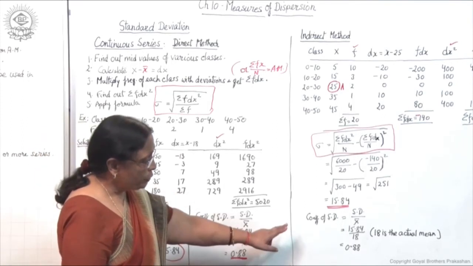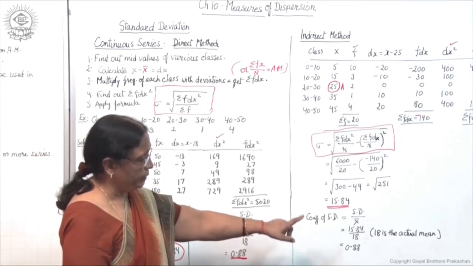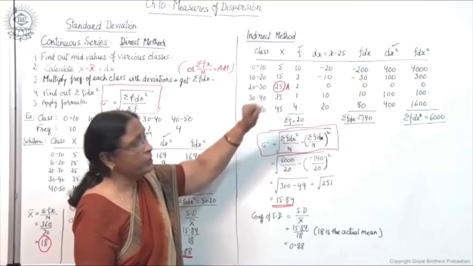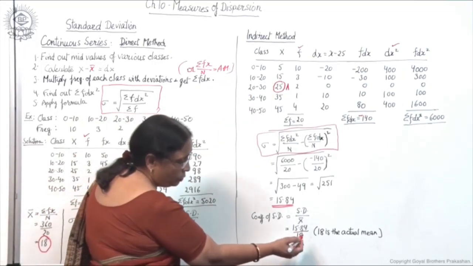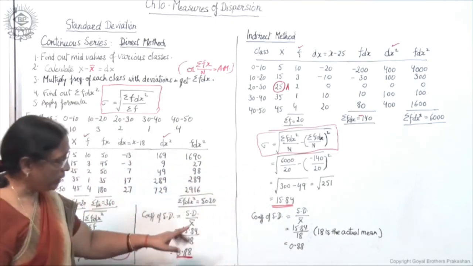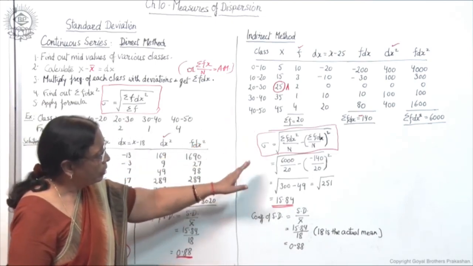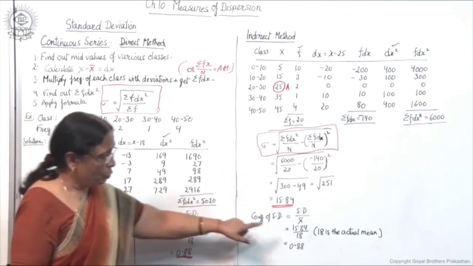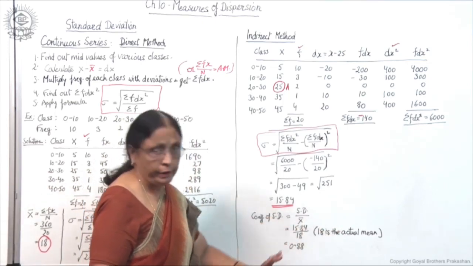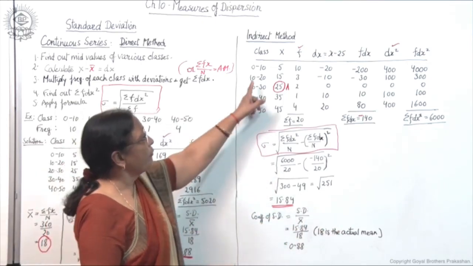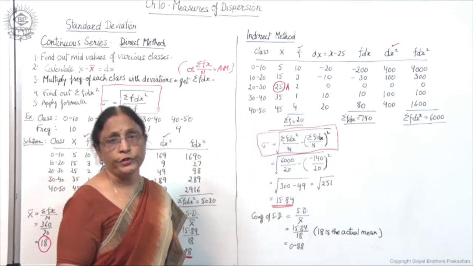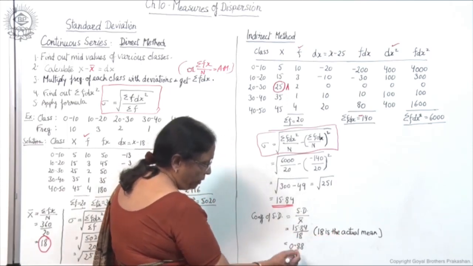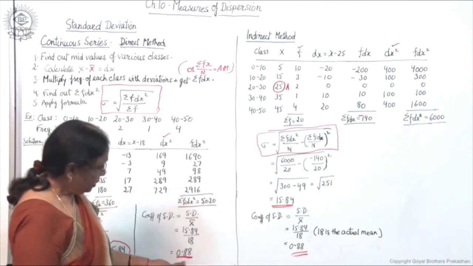right. Coefficient of standard deviation 15.84 upon 18, this is SD upon x bar. Now here we have taken 25 as assumed mean, but coefficient is taken out from the actual mean. So we will take, either we calculate the actual mean here, or as we have taken the same example, we know that actual mean was 18. So 18 we have taken here, 18 is the actual mean. If you are taking another example, then you have to calculate the actual mean to take out the coefficient. So 15.84 upon 18, 18 is the actual mean, and the answer is 0.88, same answer,